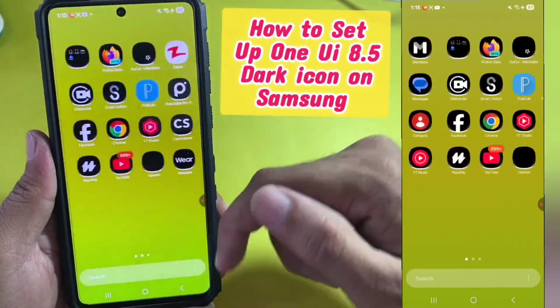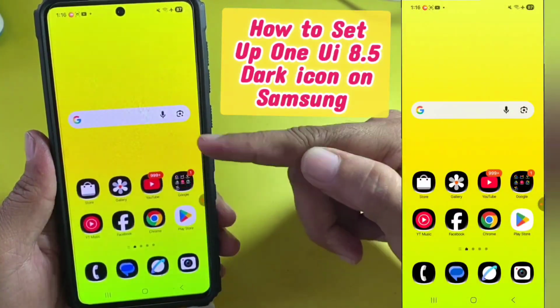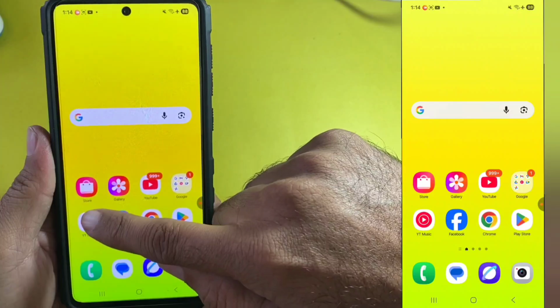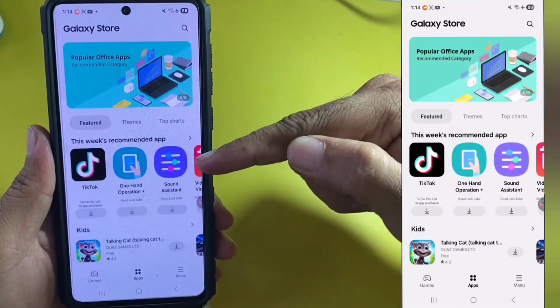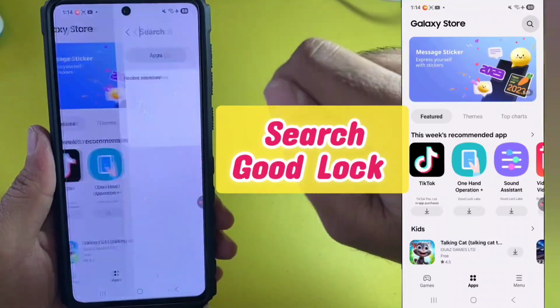How to set up One UI 8.5 dark icon on Samsung. So let's start. First of all, we need to open Galaxy Store, then search here for the Good Lock app,